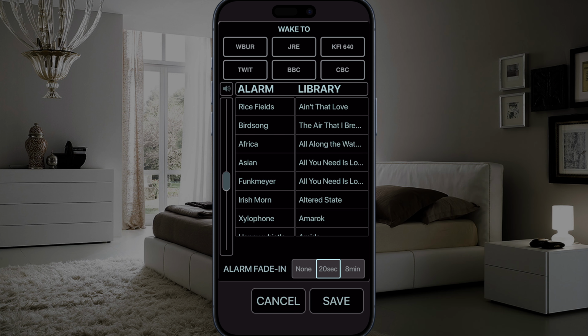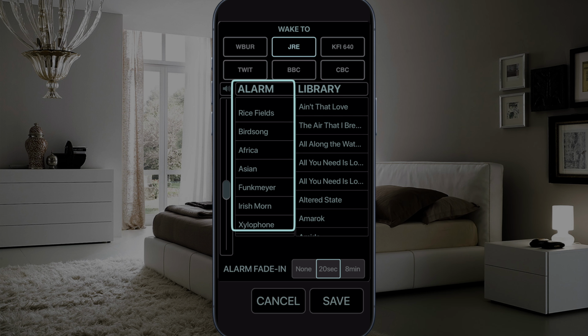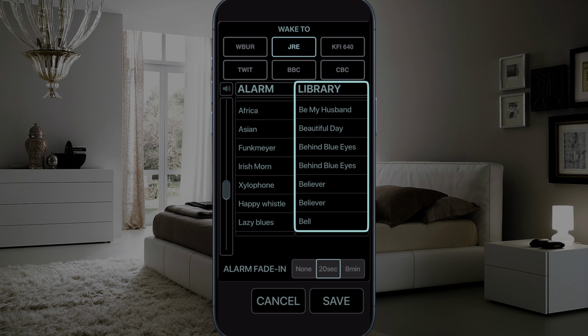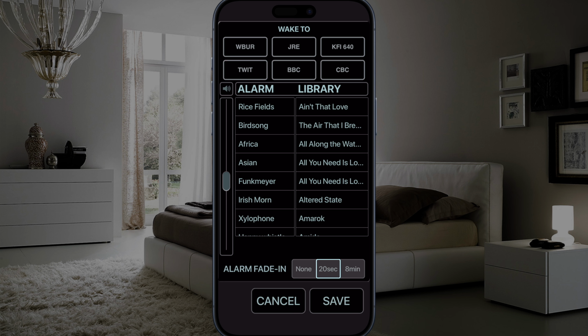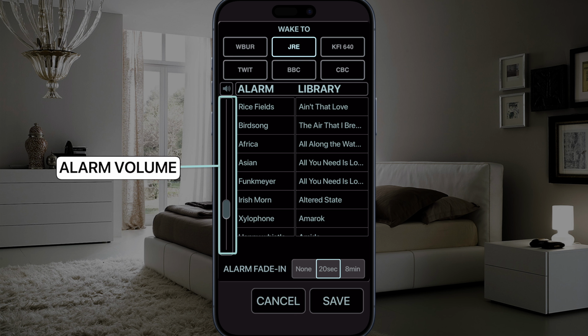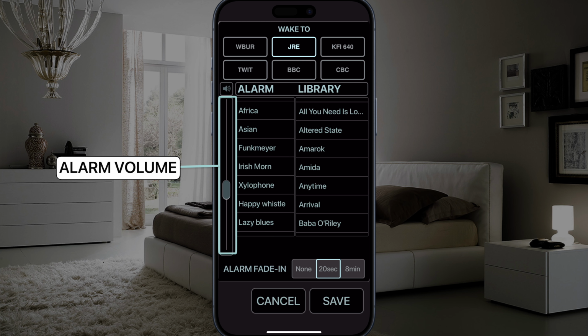The included alarms are listed here on the left, and music stored on my device is here on the right. So let's set the Joe Rogan podcast as the first alarm. First, touch the button. I can set the volume for the alarm here. So even if your device is set to very low or very high, the alarm will sound at the volume